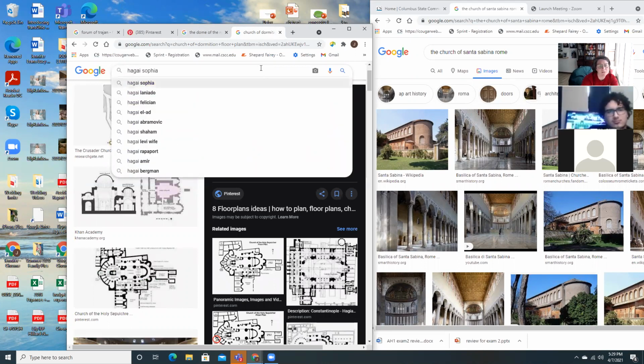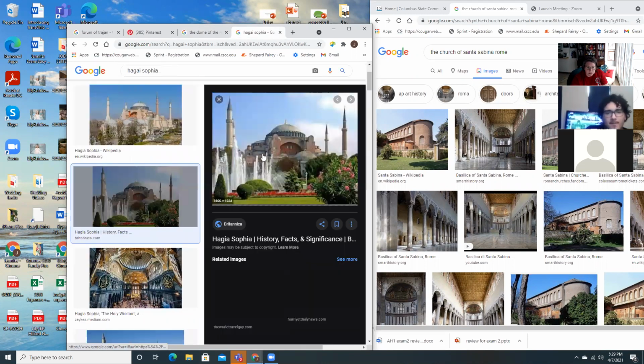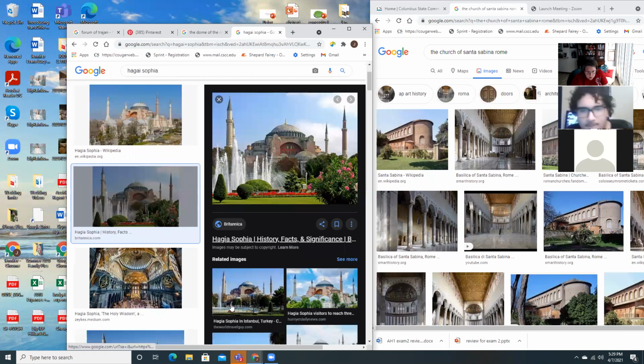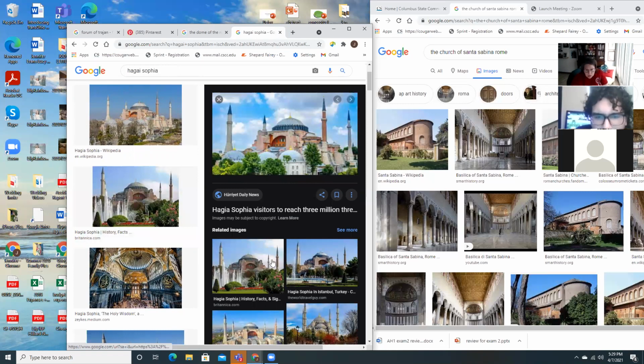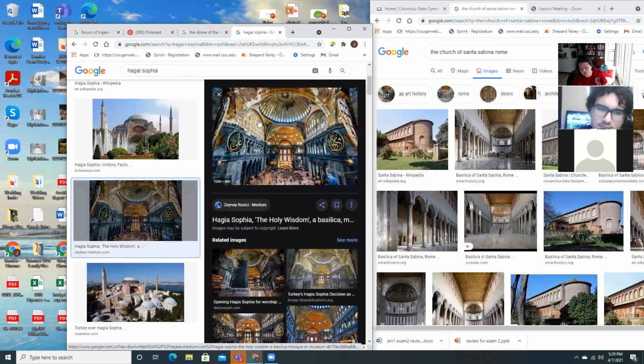Hagia Sophia is a little bit more difficult because I can't get close up to the building, but if you can see, the building is all rounded. All of the corners and everything are round. The only parts that are square aren't actually part of the body of the building. These things here project from the building. In the interior, the pendentive is this area at the base of the dome that dips down like this.